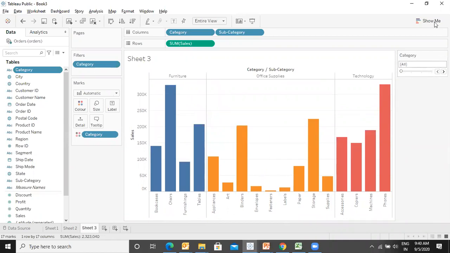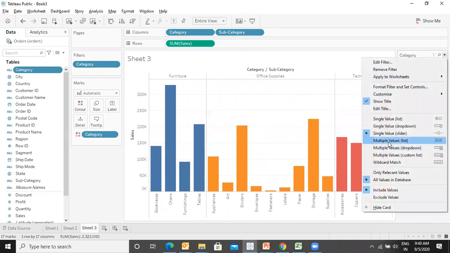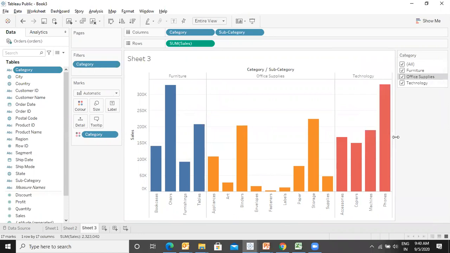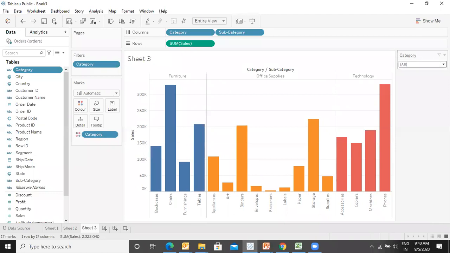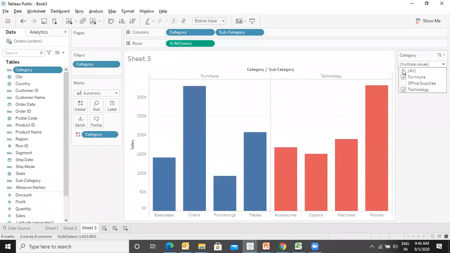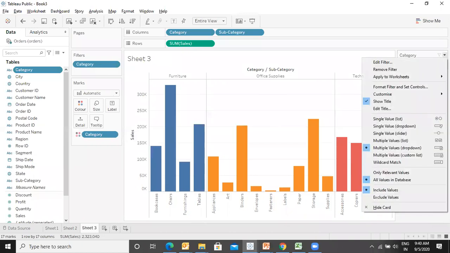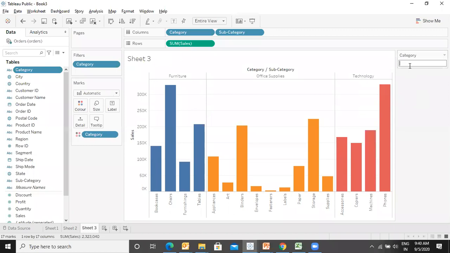Then again, you can click on this drop down arrow and you have multiple value list, which is the default one. Then multiple values drop down. You are getting a drop down, but this time a multiple value. Here you have an option to compare two. Then multiple values custom list. In this, you have to create a list like furniture.